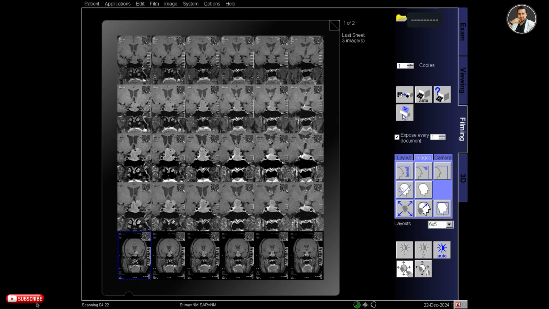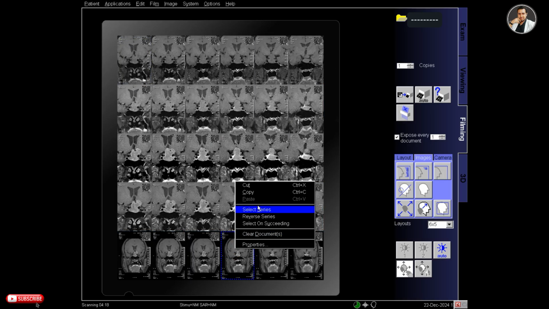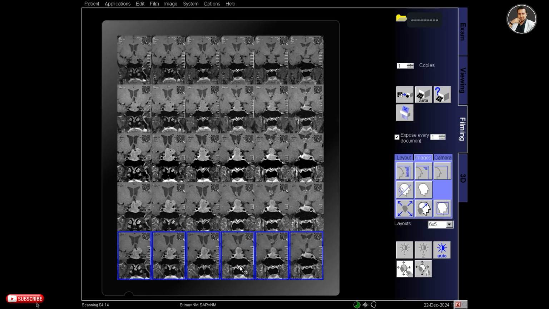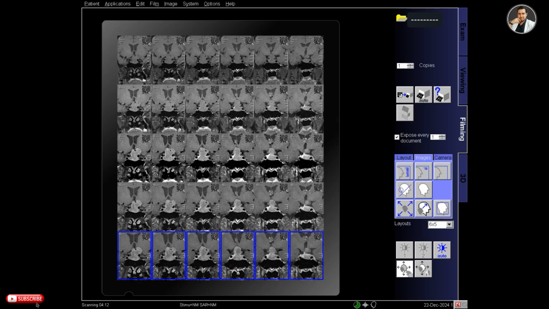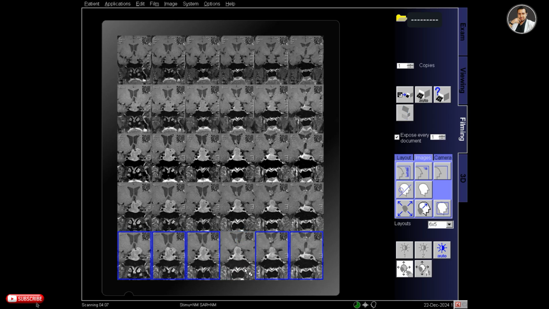So this is the last row that I have to fill up with the fifth scan from the dynamic, and for this I have to delete 3 images because there are only 6 segments in a row.